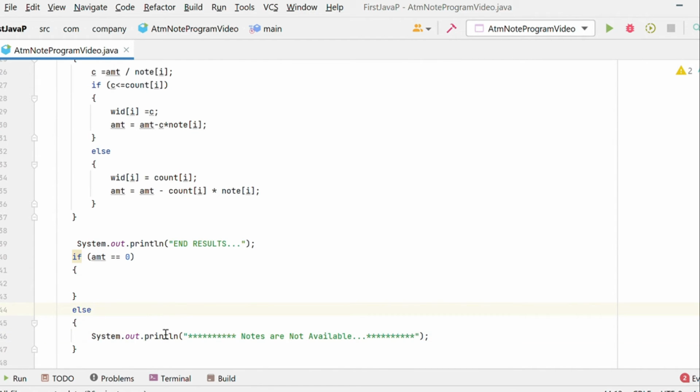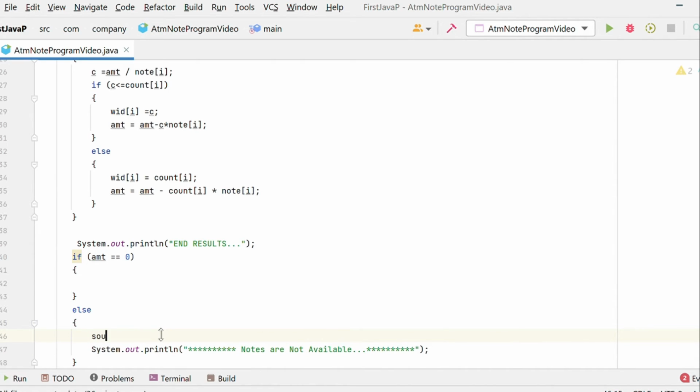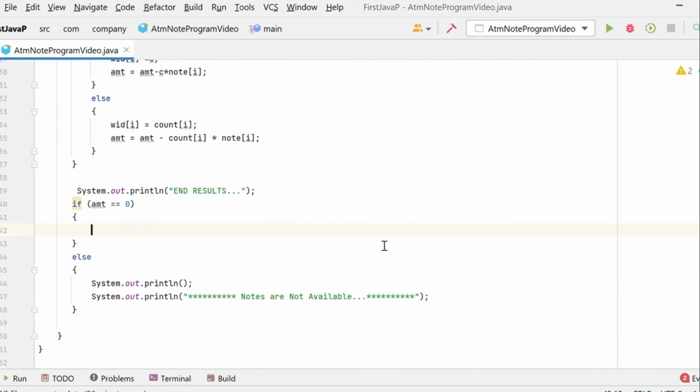Okay, I am going to put a star here. Here is another line, just for one line so we can see it clearly. If amount equals 0, then we need to show that the amount fulfills the criteria, and how many notes of 2000, how many notes of 500, and so on. So we are using a for loop for retrieving data from the array, with integer j.